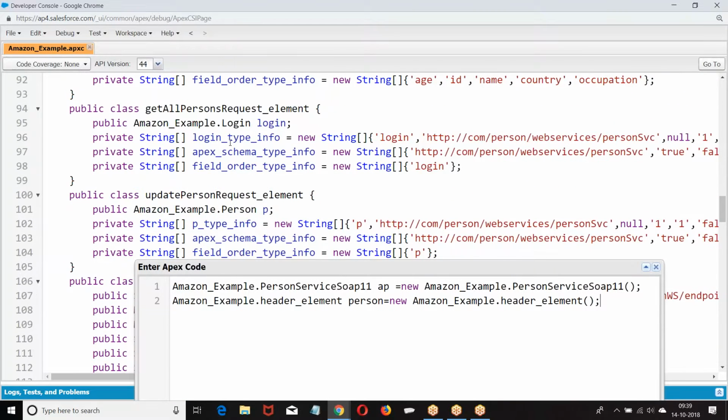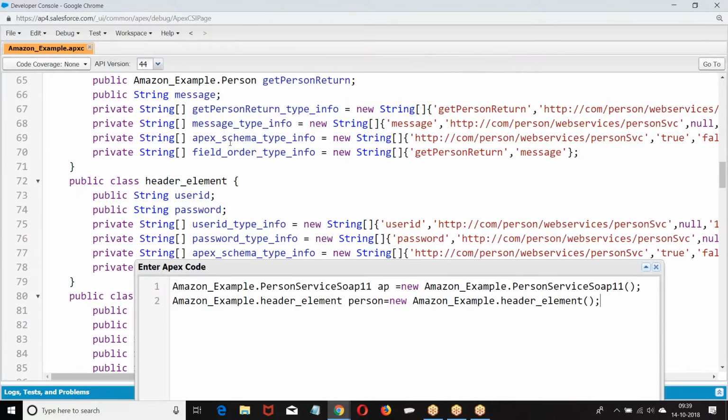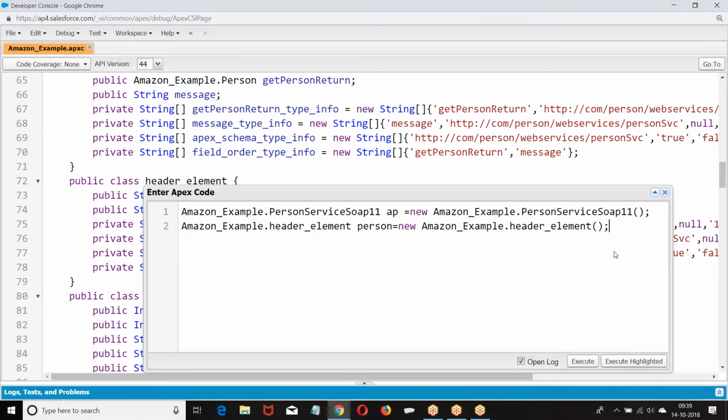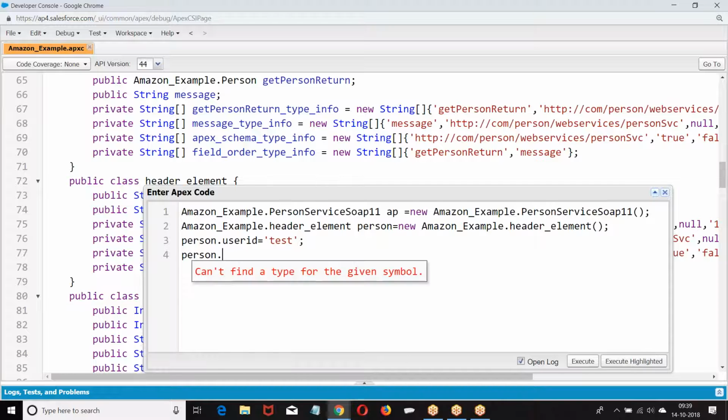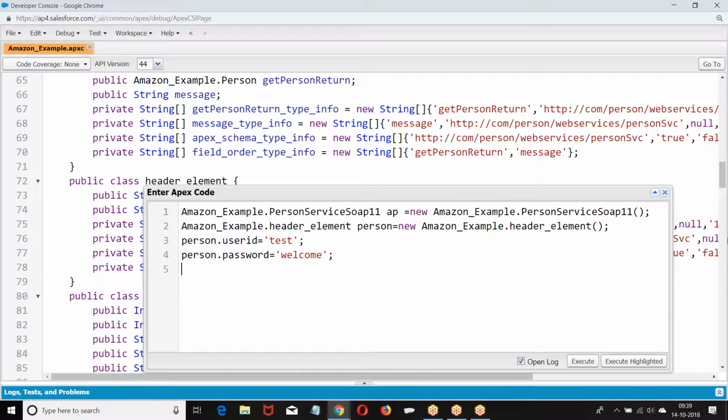Go back to the top and see. Amazon header element, one by one, check out header element. In the header element, what we have? User ID, password. So we are supposed to pass your user ID, person dot user ID. Person dot, then the header element we created.